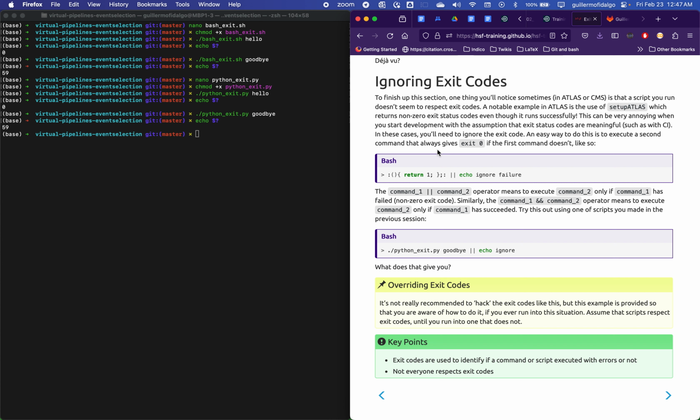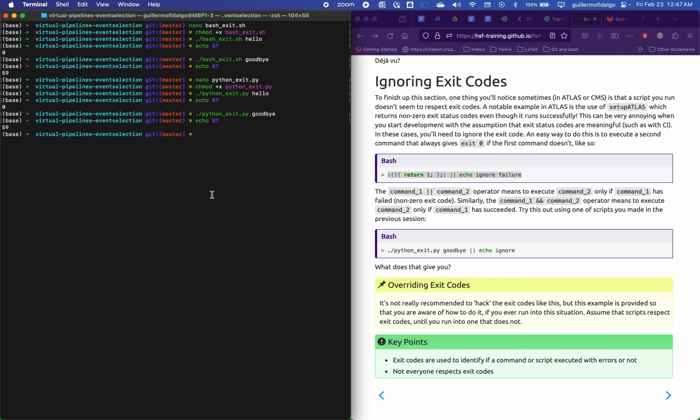But these are generally not a good idea or very rare to find. So one way to ignore an exit code is to do something like this, where you give a command that always gives exit 0 if the first command doesn't. This is a rather abstract thing to do, but if we just run this,